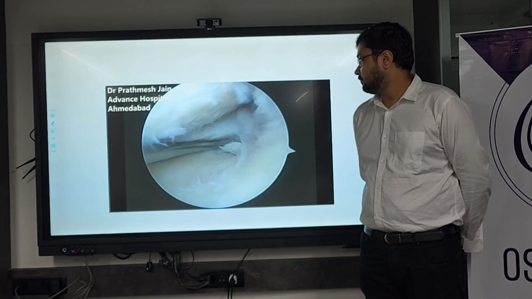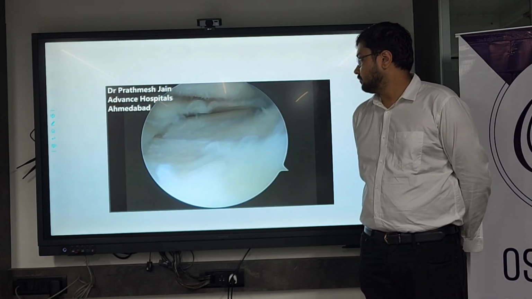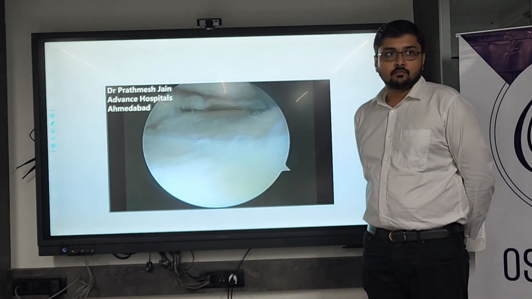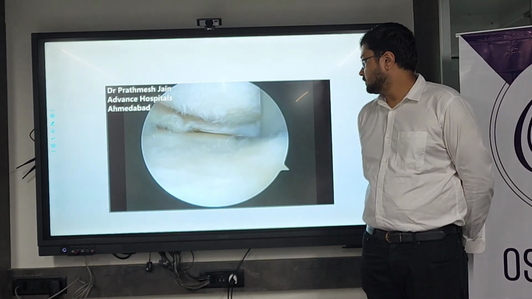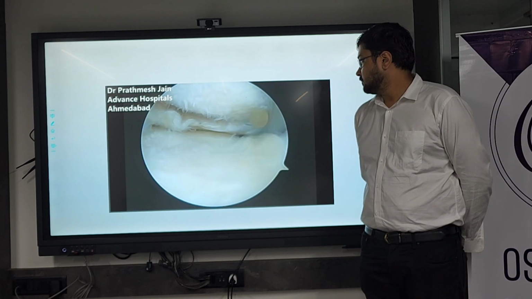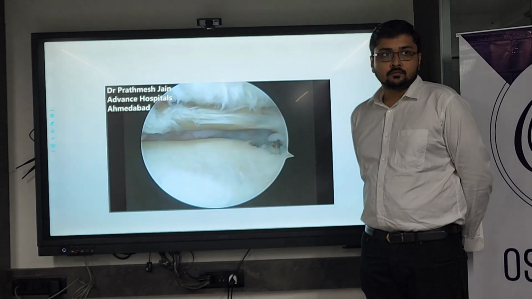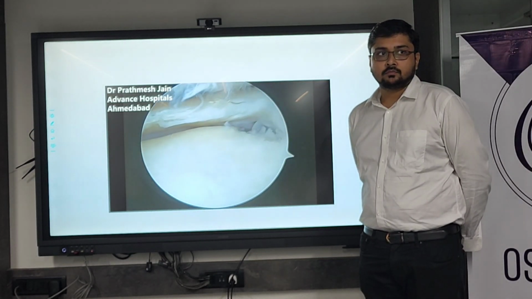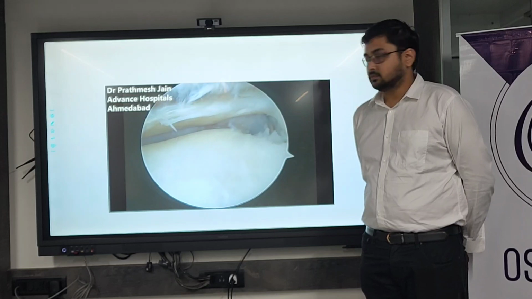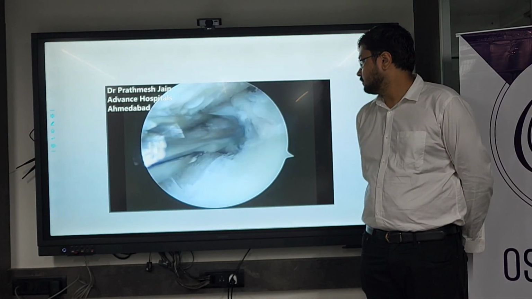Now here you can see there is a root tear. In the pathology of arthritis, the root tear happens and it causes extrusion. So we have addressed the extrusion. Now we are addressing the root, and this anchor is basically a retrograde anchor. So we drill it with a 2.3 mm beak pin, and from that retrogradely we will pass the suture. We will be using a metal crossfire suture.